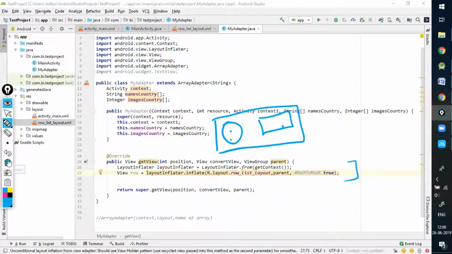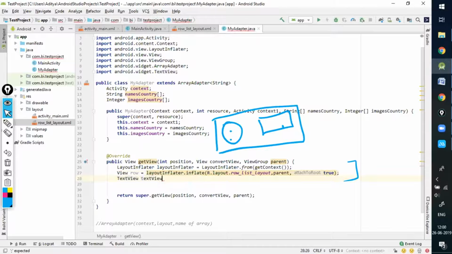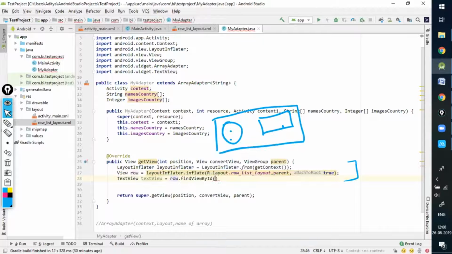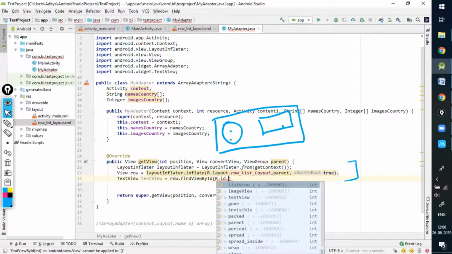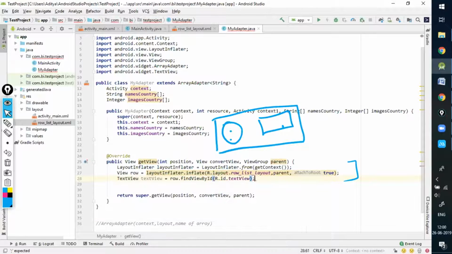If I want to set some data to it, I'll write TextView textView equals row.findViewById(R.id.textView); semicolon.